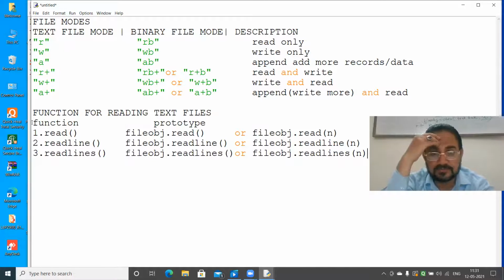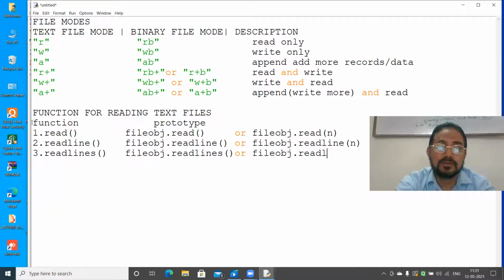Now we have to check whether it provides n or not, because in the book n is not mentioned, so we will not take this one. Only we will take readlines.